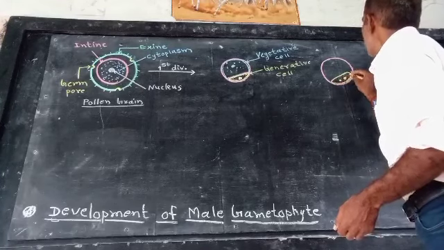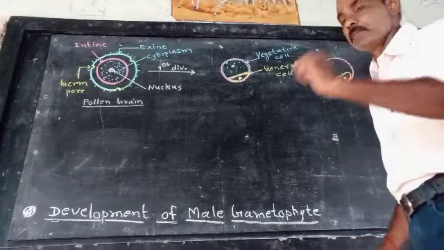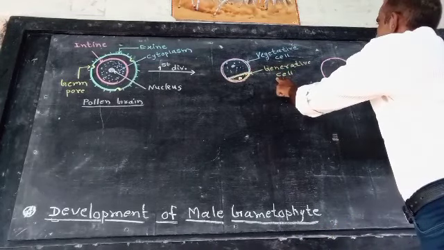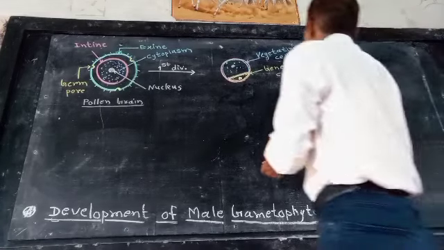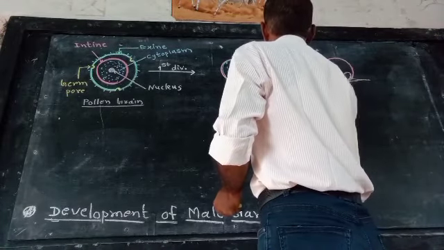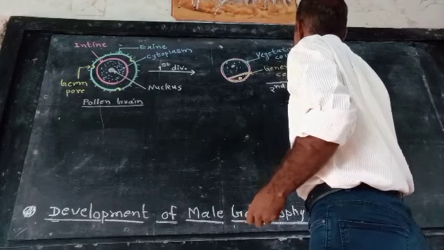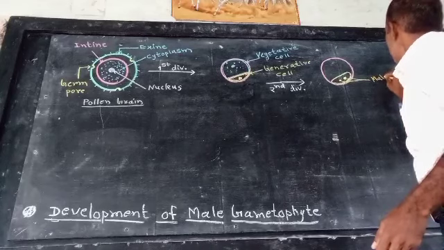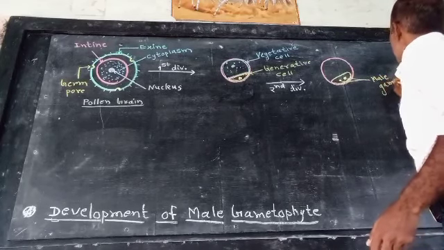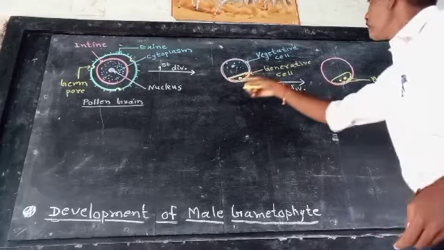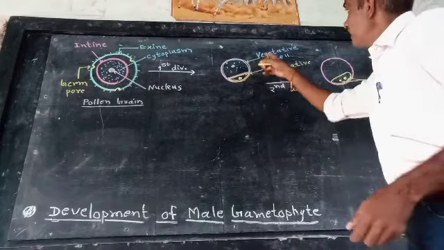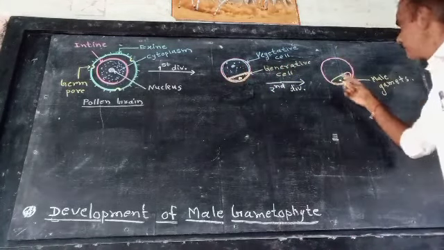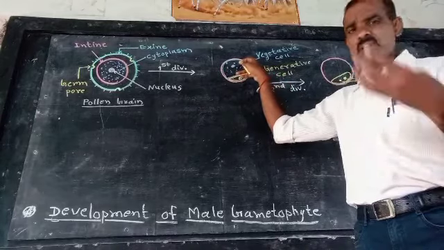Those two cells are called male gametes, two male gametes produced from the generative cell during the second mitotic division. Here, the second division carries on to form two male gametes from a single generative cell. And the vegetative cell supplies nutrition for the male gametes. It is nutritive in function; it supplies food.